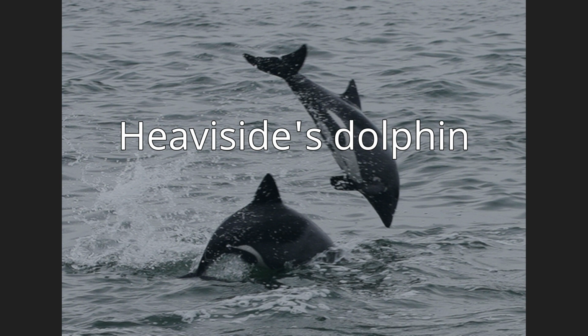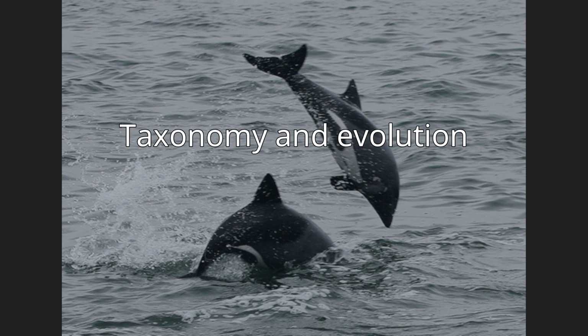Heaviside's dolphin, Cephalorhynchus heavisidii. The small cetacean is endemic to the Benguela ecosystem along the southwest coast of Africa. Taxonomy and evolution. The Heaviside's dolphin has 14 levels of taxonomy, including a subphylum, subclass and infraclass, superorder, suborder, infraorder,